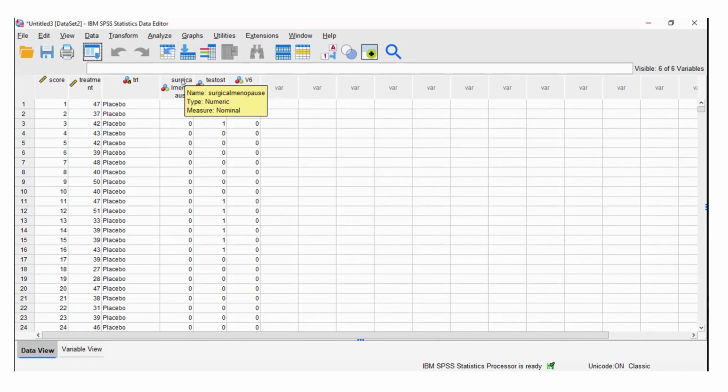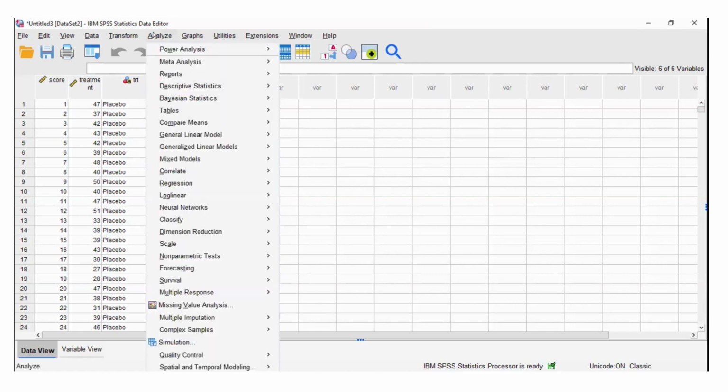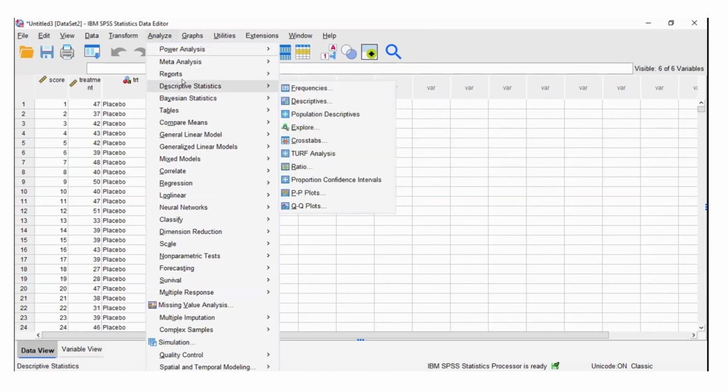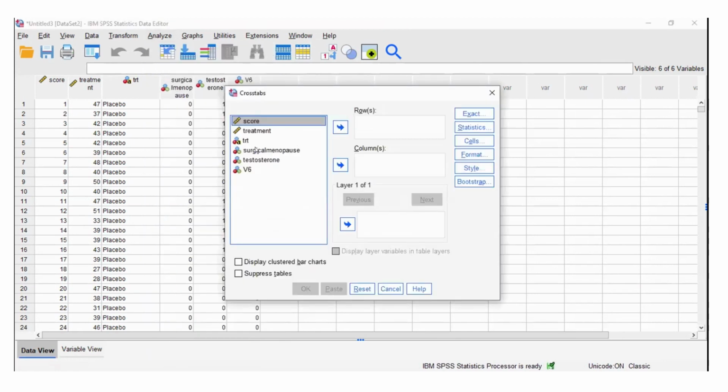It's the surgical menopause as the dependent variable? Okay, go ahead. Analyze, descriptive, cross tabulation. Surgical menopause should be on the column, and the testosterone.